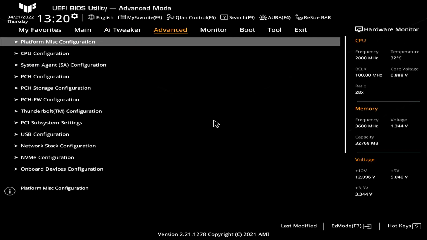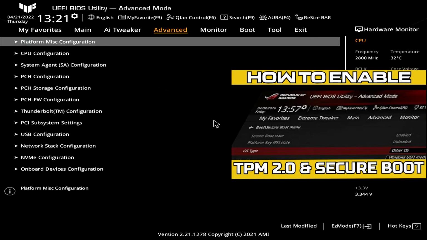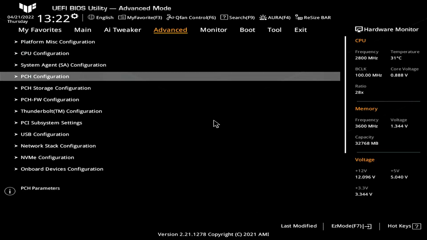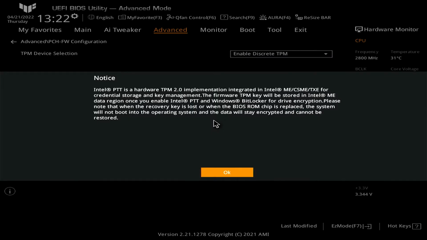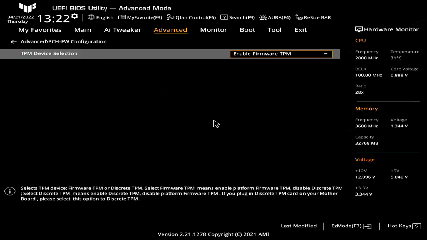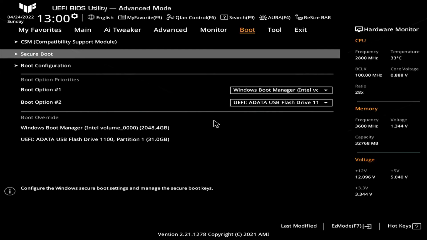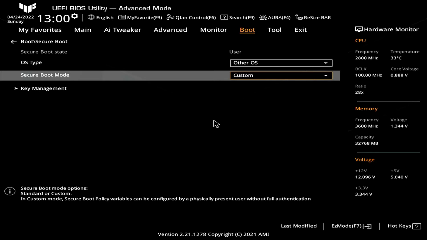If you cannot find it, please check my other video specifically made on how to enable TPM and Secure Boot, including screenshots from various BIOS versions. In my particular case, I moved over to the Advanced, went over to the PCH firmware configuration and selected Firmware TPM. Same as for the TPM, you might also need to enable Secure Boot. This option usually resides under Boot page or Security page. As said before, if you cannot find a way to enable it, do watch my other video on how to